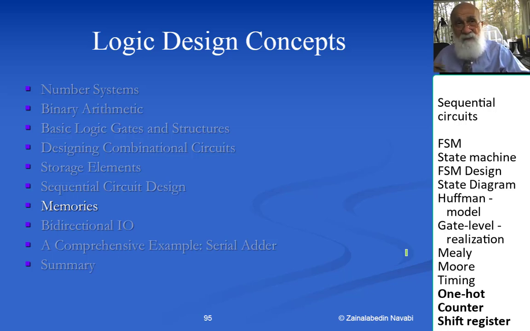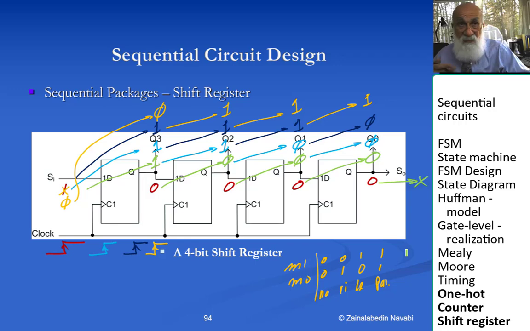Instead of binary, you can have a counter that counts random numbers instead of a 2-bit counter, 4-bit counter, 16-bit counter, and so on. Shift registers, you can have a shift register that rotates, a shift register that shifts right, left, a shift register that has some logic, and perhaps something like this with some maybe exclusive ORs,